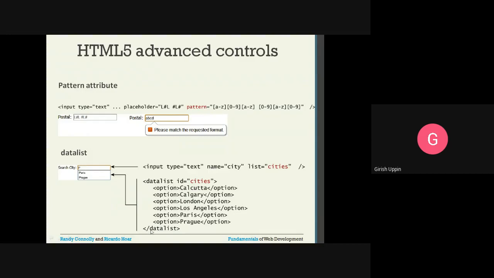Then the closing datalist is here, inside the angle bracket forward slash datalist. Between the opening and closing datalist tags, I will have all the list inside the options. So opening option, closing option, I have Calcutta, then option 2 Calgary, option 3 London, option 4 Los Angeles, then option 5 Paris, then option 6 Prague. These are the different lists I have made. Sorry, not countries, cities list I have made, and I have kept it as a datalist with the ID